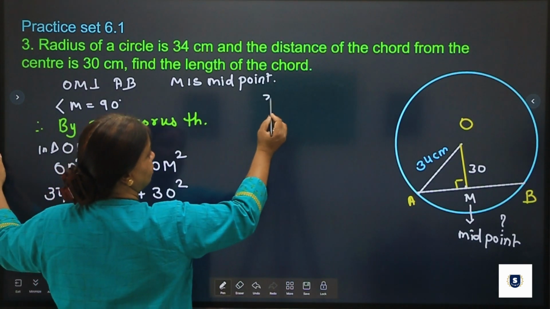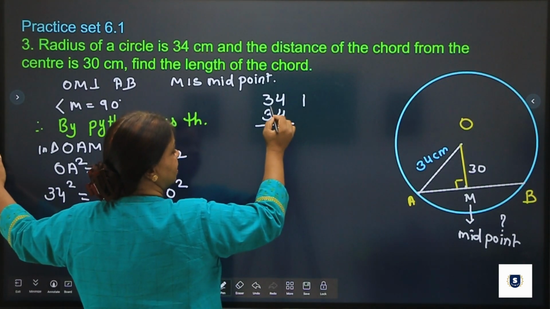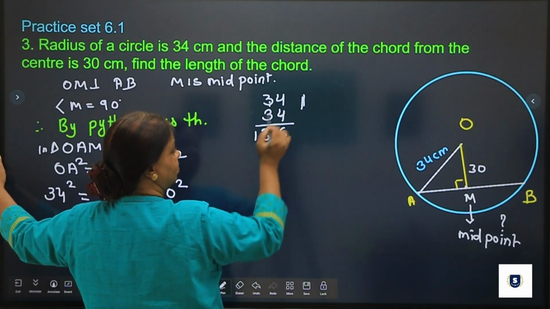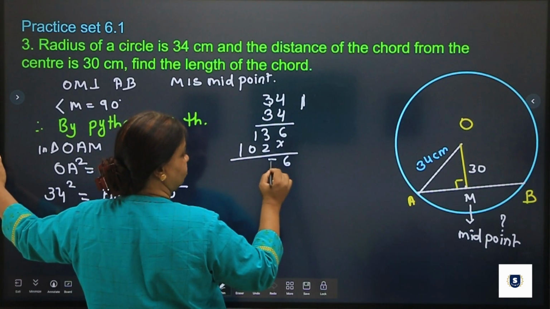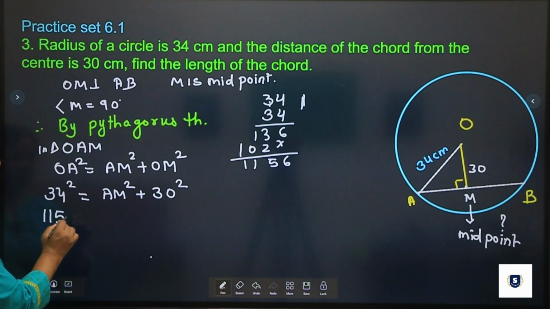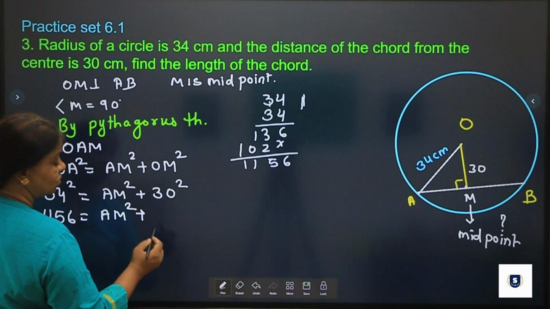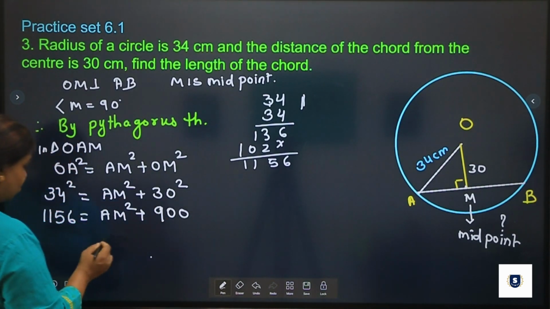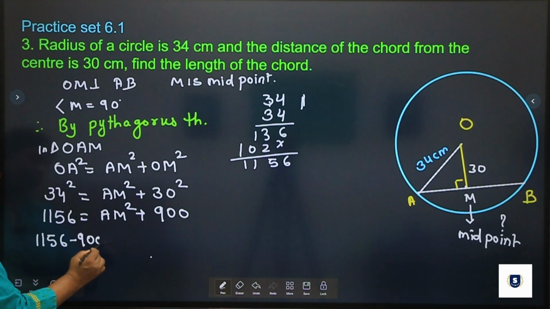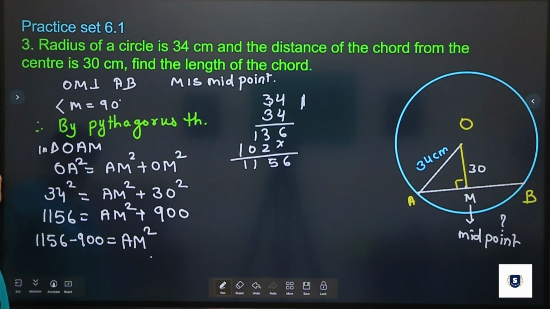So 34 square. Multiply 34 with 34. 4 4s are 16, carry 1, 4 3s are 12, plus 1 is 13, 3 4s are 12, carry 1, 3 3s are 9, plus 1 is 10. So you will get 1156 equal to AM square plus 30 square, which is 900. So this 900 will come here: 1156 minus 900, which is equal to AM square. So 1156 minus 900 will be